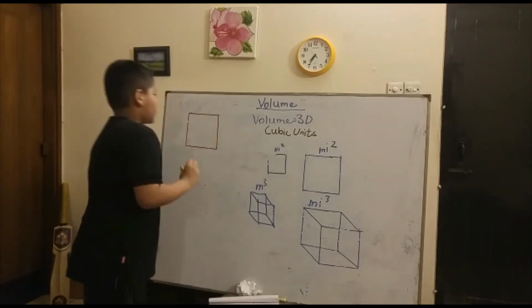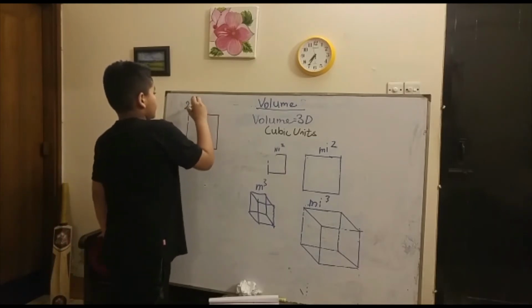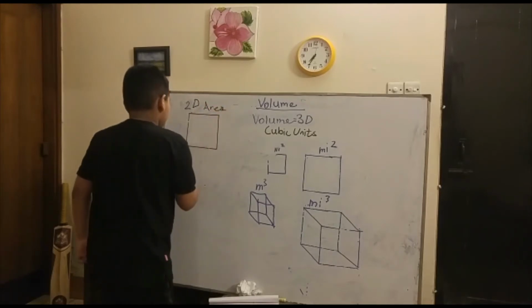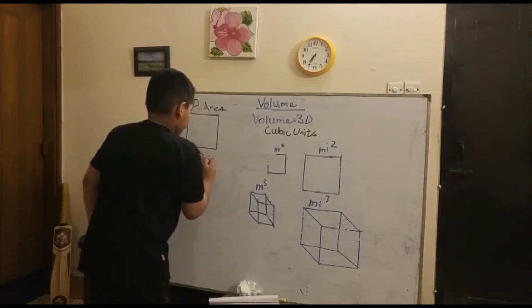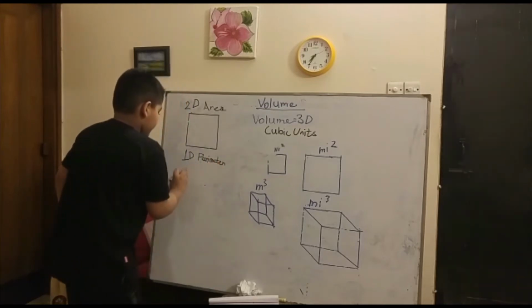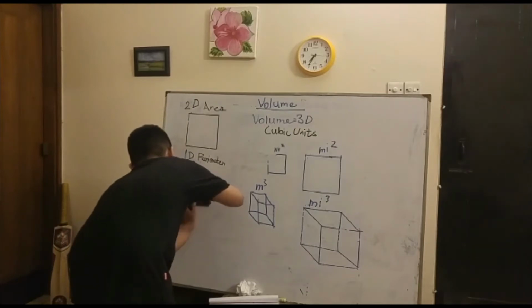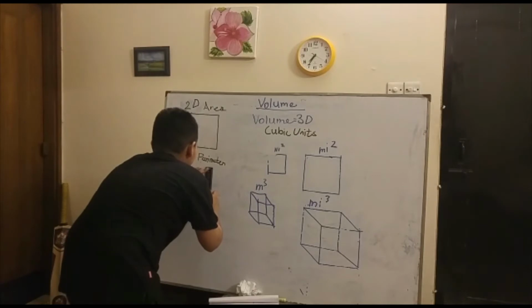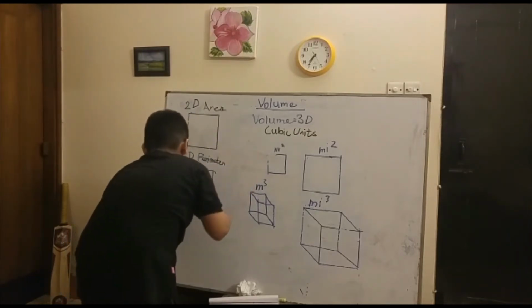So in a two-dimensional shape, we have a 2D quantity called an area and a 1D quantity called perimeter. And with 3D shapes, there is another type of area we call. So a 3D shape, as you can see here,